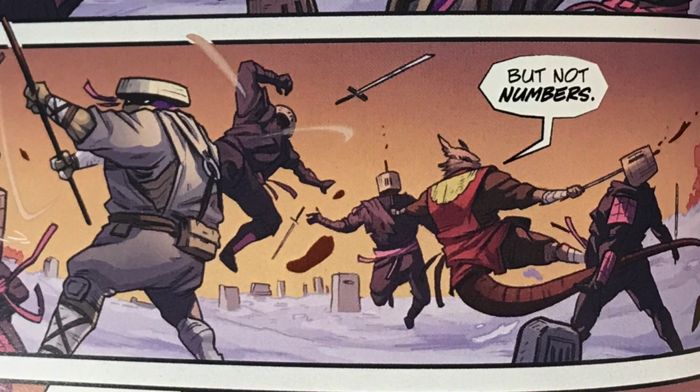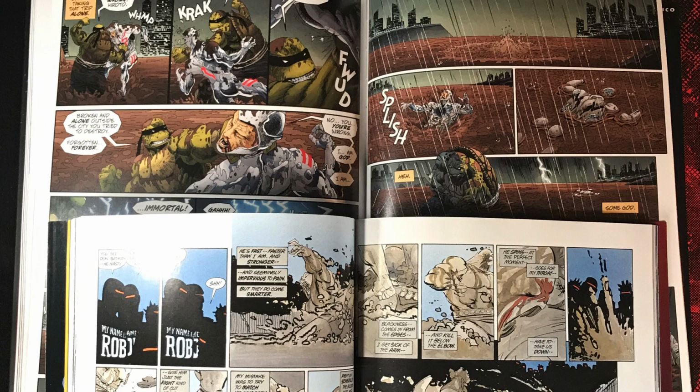And maybe I'm being too hard on Splinter. I don't know. You let me know in the comments if you think I'm being a little rough. I just feel like, when I was rereading this, it just seemed like Splinter was making all the wrong decisions. There's one final thing I wanted to point out before getting back to the toy, and that's,